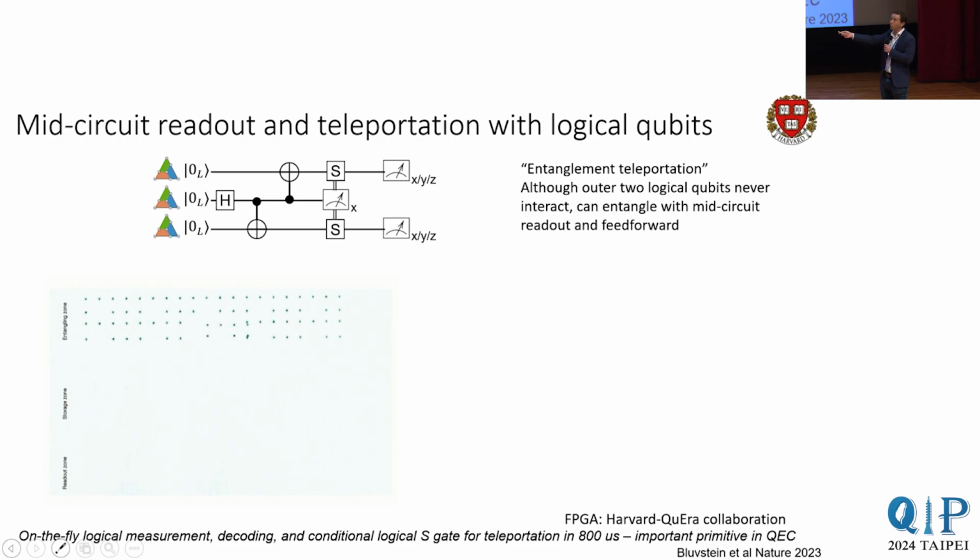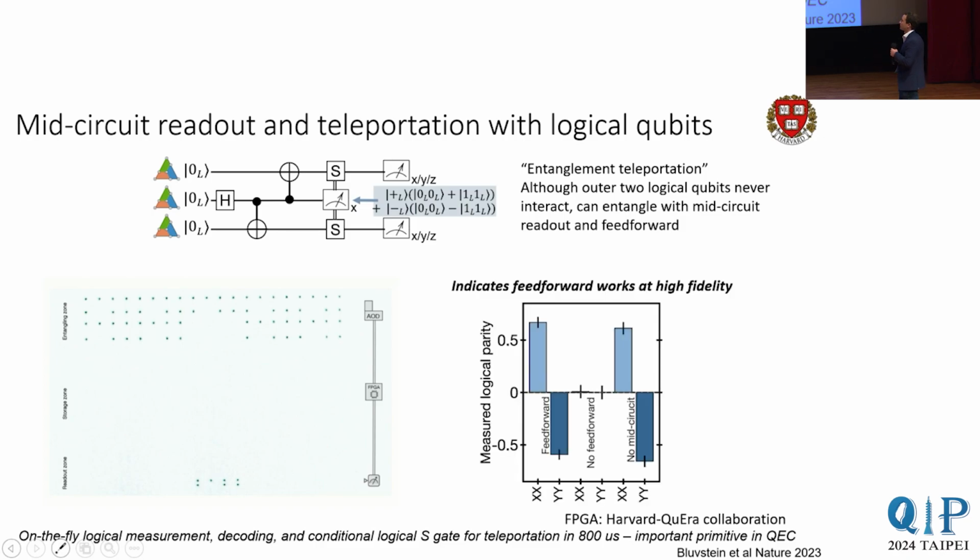So we pick up, these are real atom movies, by the way, if maybe I didn't already clarify. So these are real pictures of our experiment. And then we did these 2 transversal C0s. We move them into the readout zone, measure it, decode live, and then do these logical S-gates on our logical qubits. And this projects us either into the phi plus or phi minus Bell state, but then we correct by doing this S.